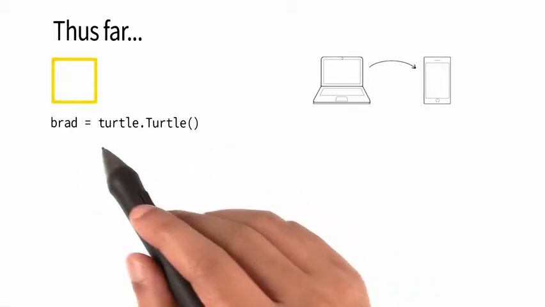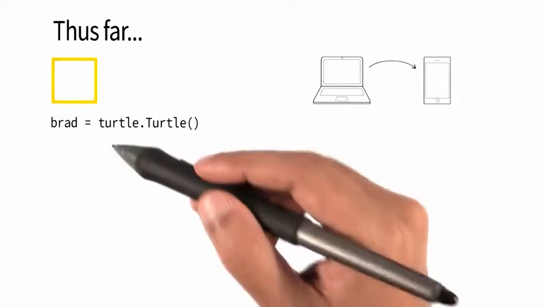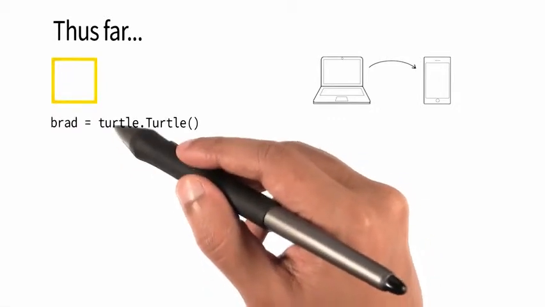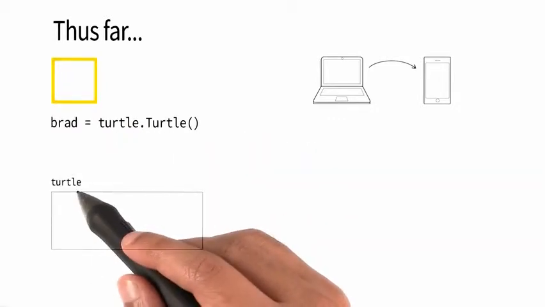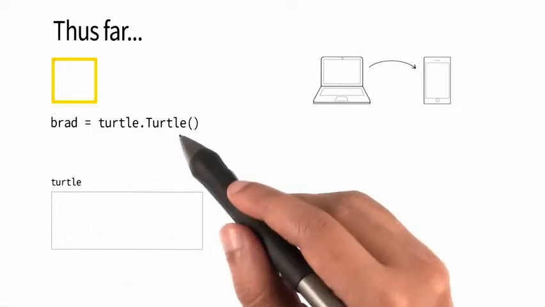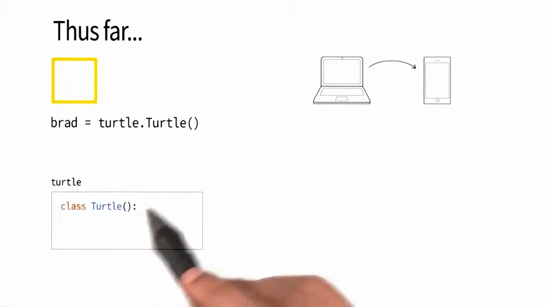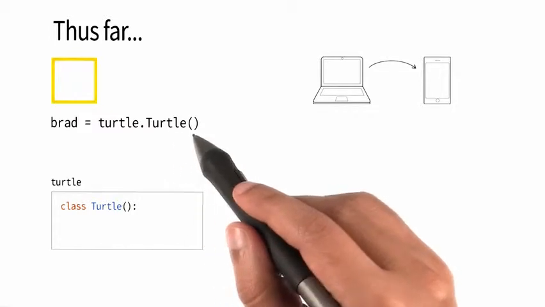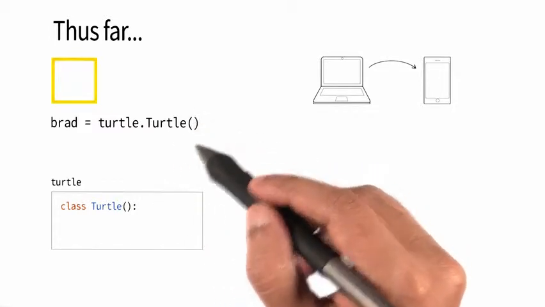Now, what we're really trying to say with this line of code here is that inside Python, there is a file called turtle, and inside that file is a class called turtle. There it is. And when we try to access that class using this statement, especially with this open close brackets,